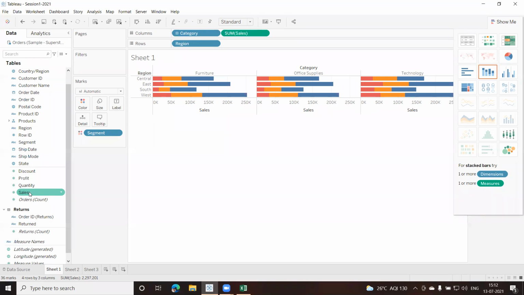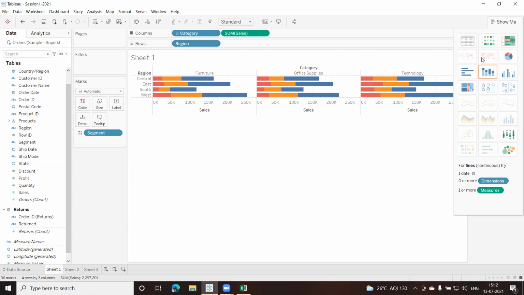Okay, so based on the requirement and the purpose, what you want to show or display on your screen to other users, or in your dashboard, might be in your story, you have to decide which chart you're going to select. In many cases, you will find that multiple charts are available here.